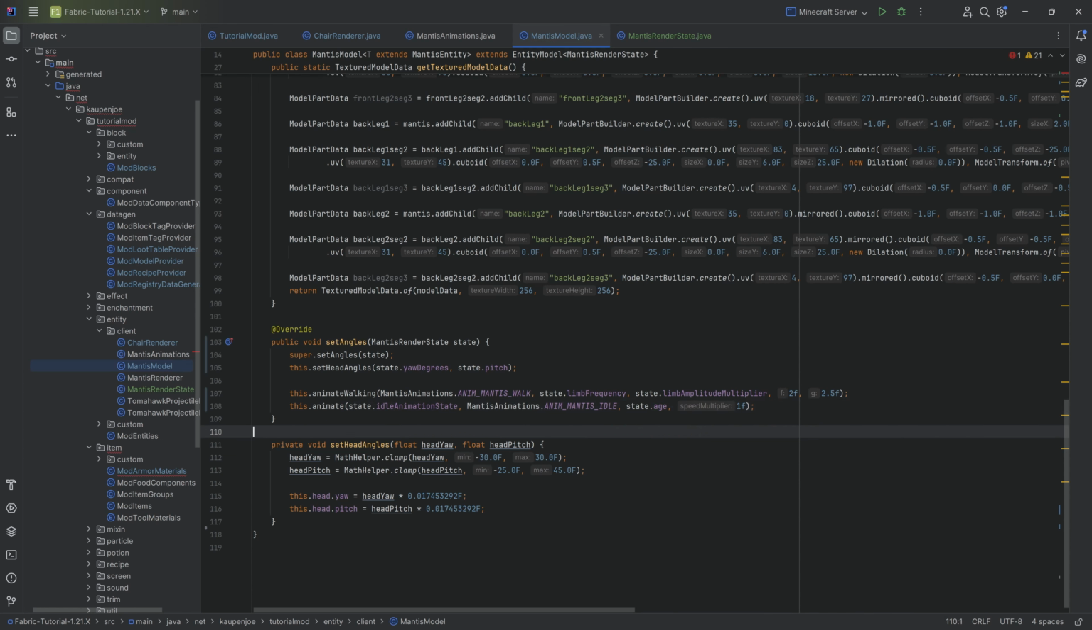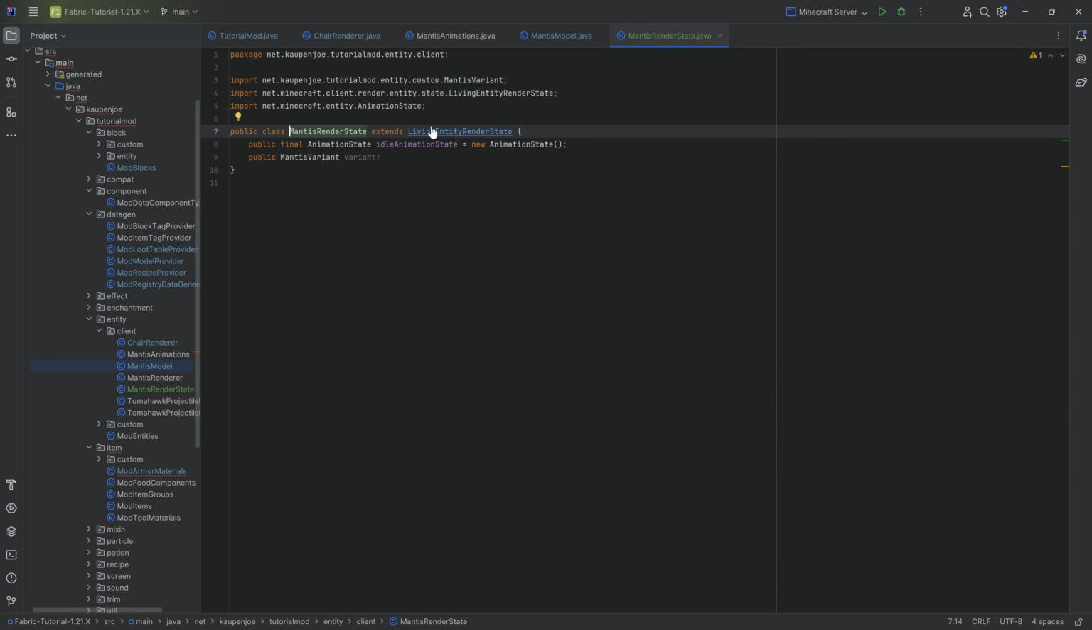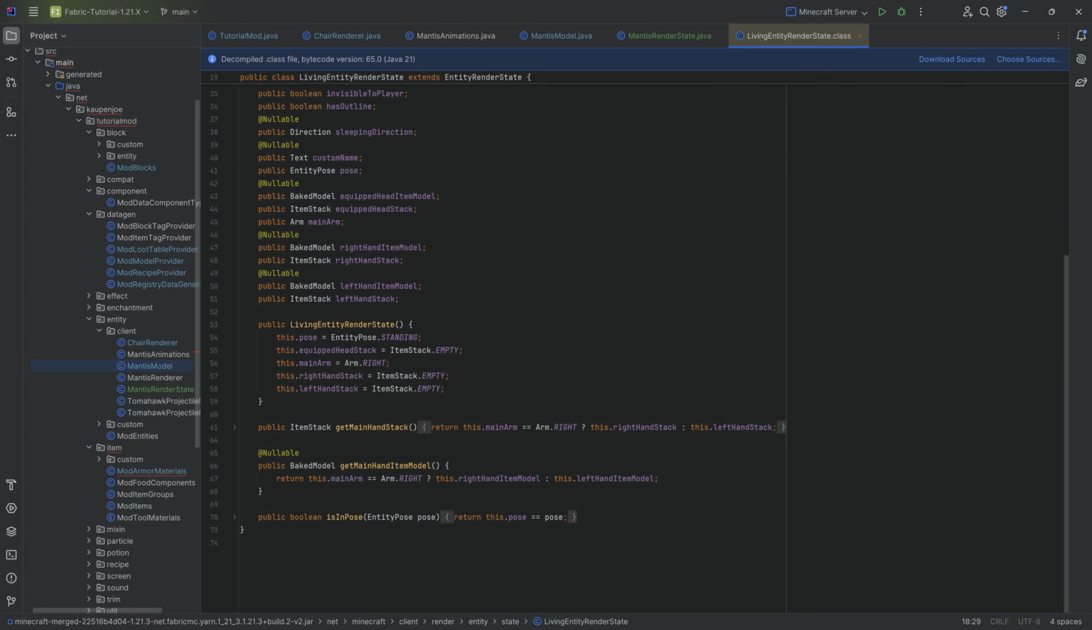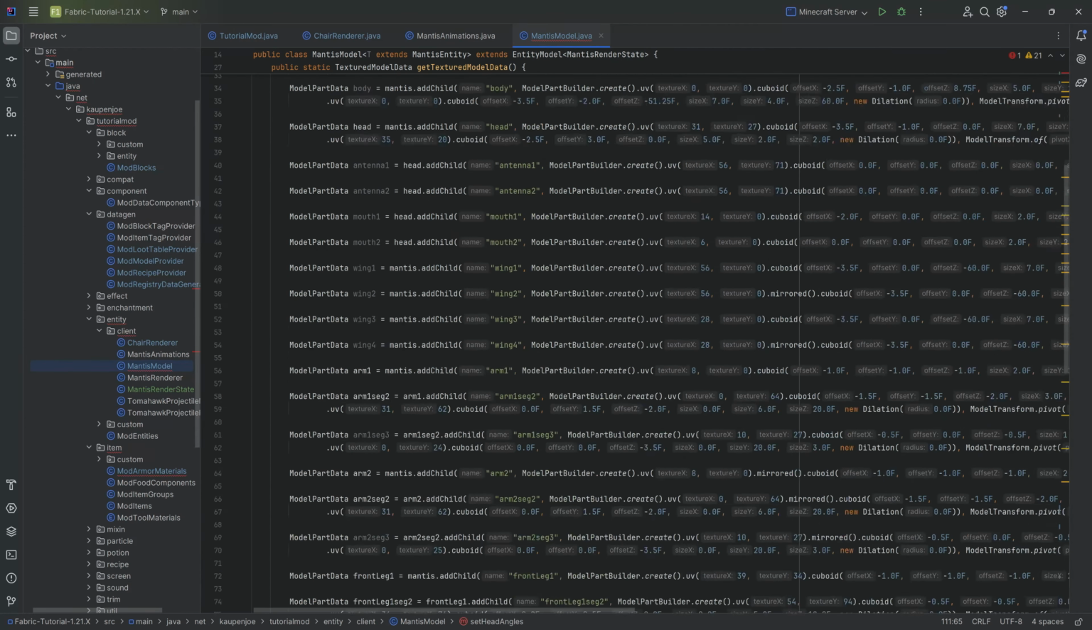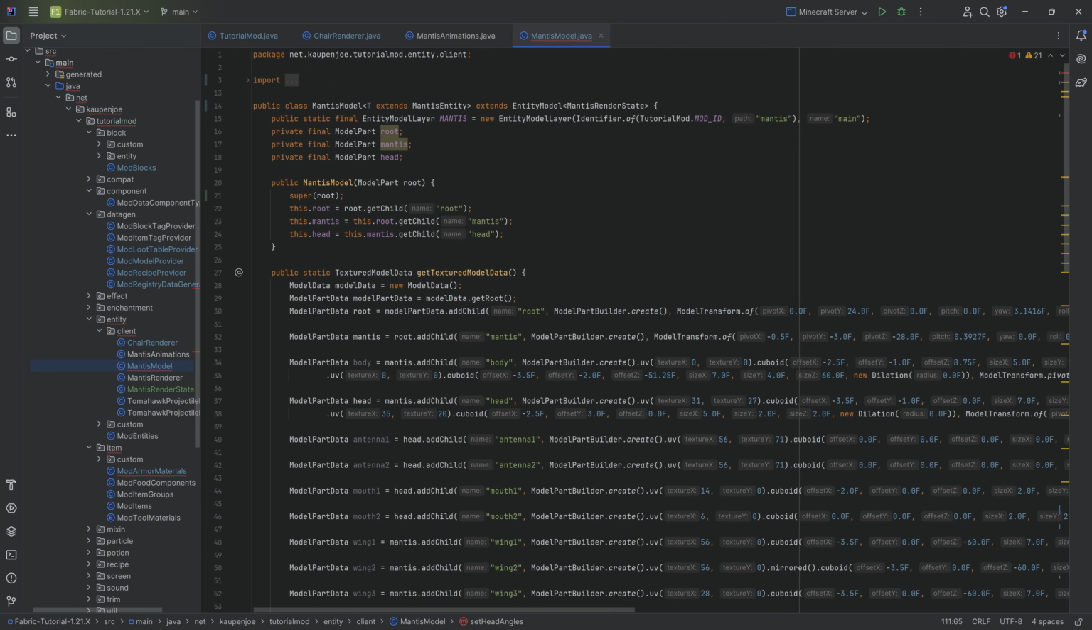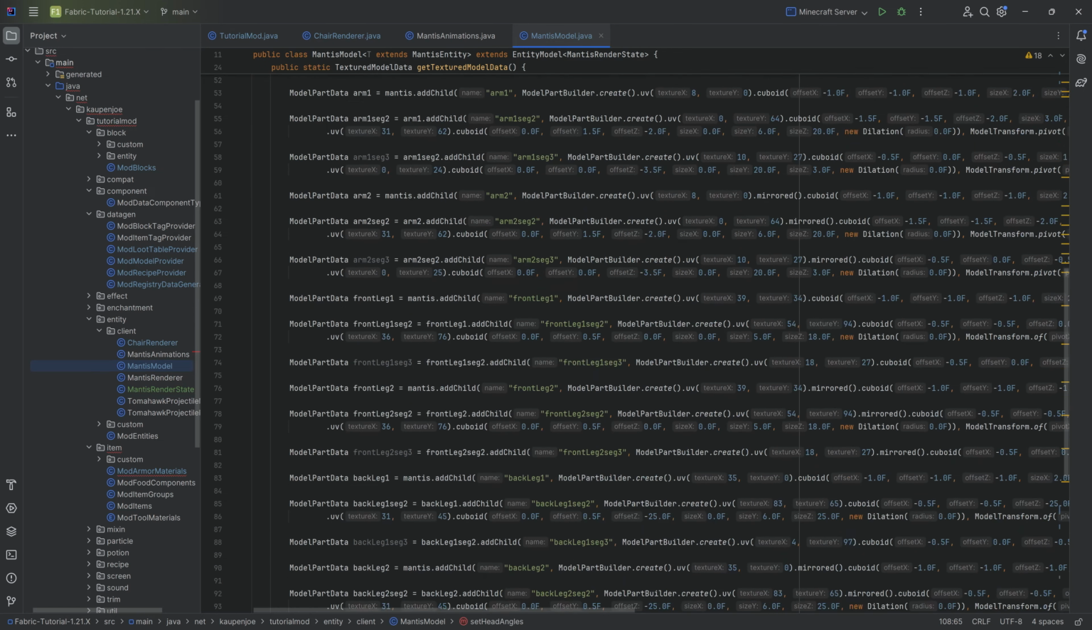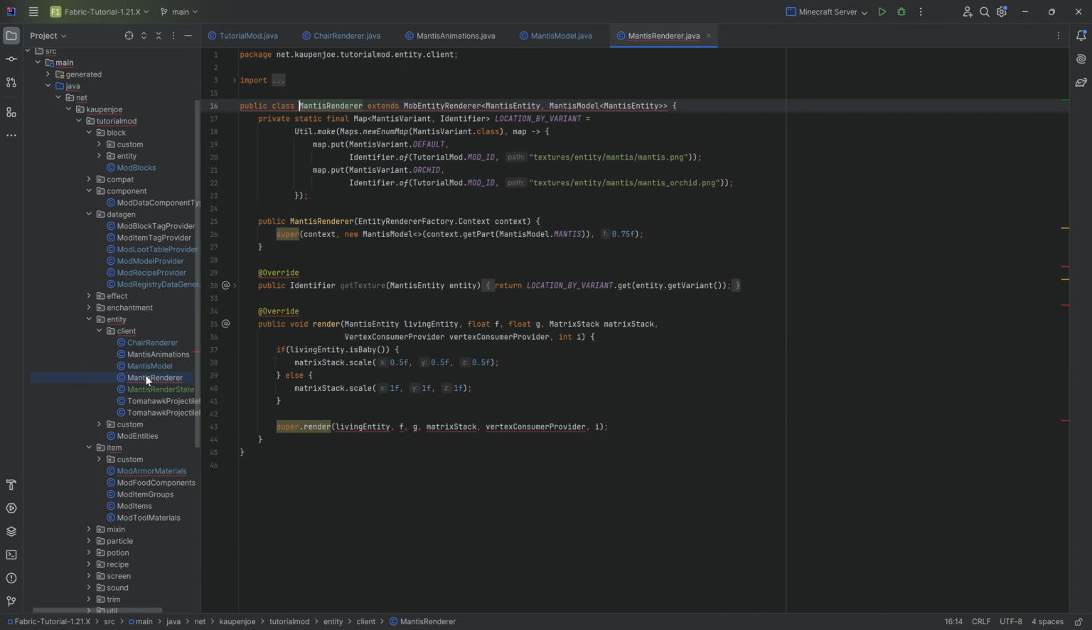Easy enough. Now, all of these different things are now in the Mantis render state because obviously this extends from the living entity render state, which has a bunch of different things over here already existing. That's why we have access to all of this craziness. And then here, the broken imports, Control-Alt-O, and there we go. So that is sort of step number one for the model. The renderer now,